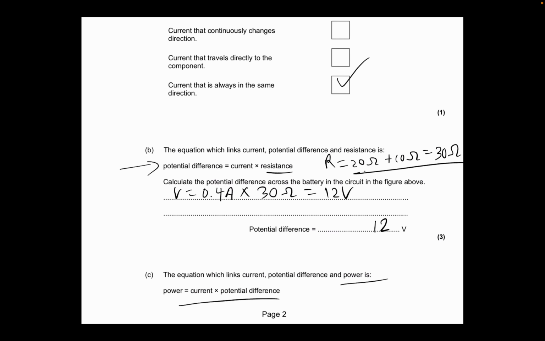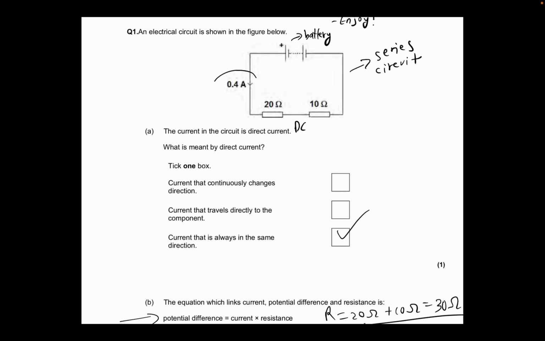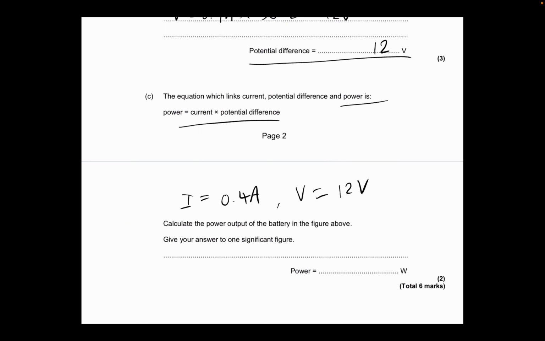Now where did I get this? I got it from the question above, which stated 0.4 amps. That's the current flowing there, measured by the ammeter. Since we know the current and we know the PD is 12 volts, all you need to do is substitute these two values into that equation and score those 2 marks for the question. Power, in this case P, is going to be equal to